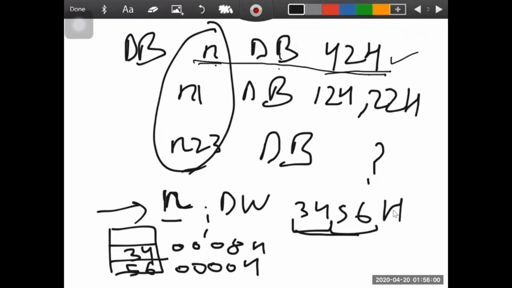Now if I take another scenario, that is N1 DB 12H, 22H. H basically denotes the hexadecimal number. So what will it perform here? It will allocate 2 bytes: the first byte will be allocated to 12H, the second byte will be allocated to 22H.